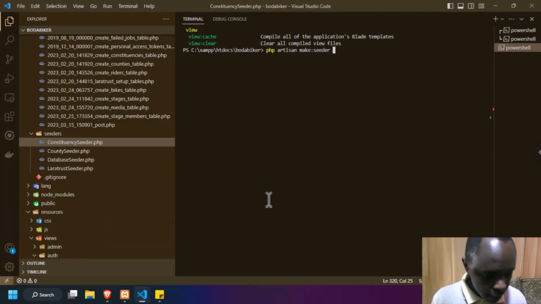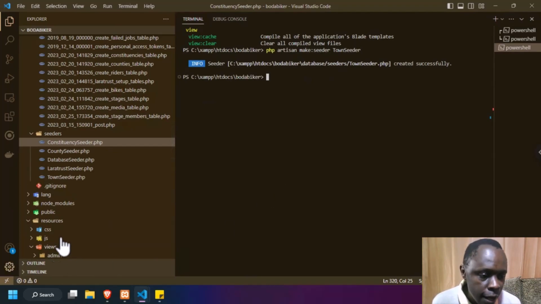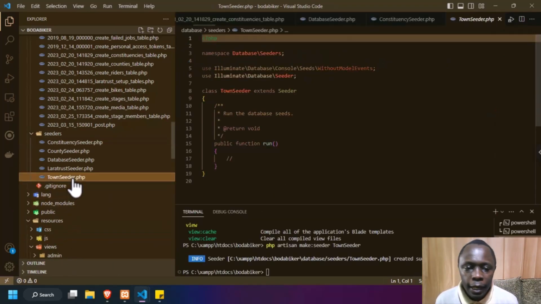So let's say make:seeder TownSeeder. That is going to generate for you a town seeder, which is just an empty seeder